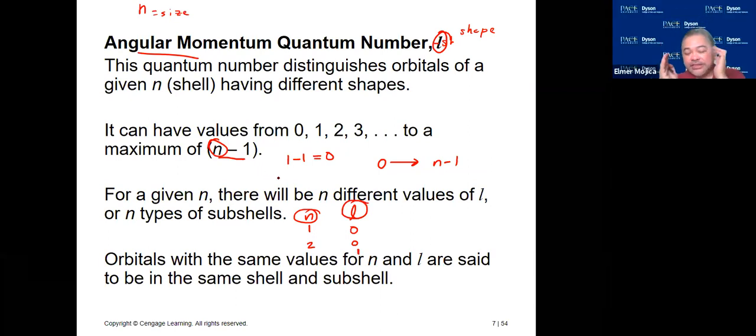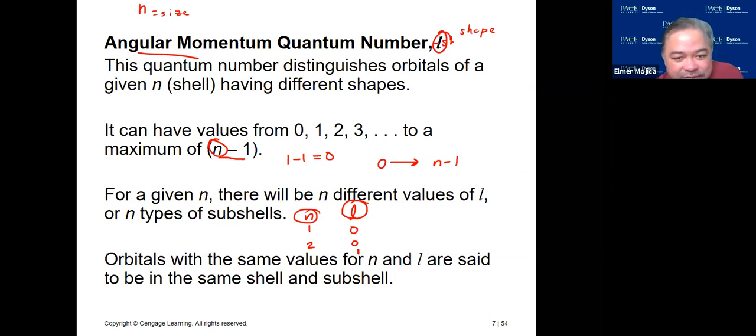Because this, what we call a quantum number, refers to the shape of the orbital that you have. You will learn about it as we go on, but I'm just telling you how we get the values of L. So we could say here, the L depends on the n. Okay, so if n is equal to 1, your L is only equal to 0. There's nothing